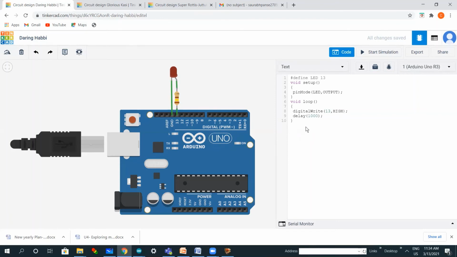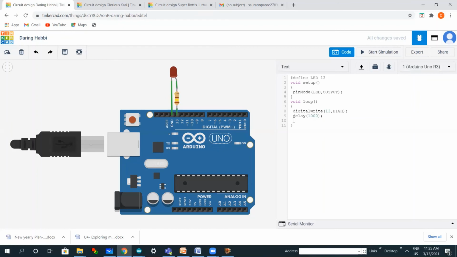If you want to glow this LED for 5 seconds, we will multiply 5 by 1000 and write 5000 inside the bracket. This 5000 stands for 5 seconds. Just keep in mind, whatever period of time you want your LED to glow, may it be 1 second, 5 seconds, 10 seconds, 15 seconds, always calculate it in seconds. If you want to glow your LED for 1 minute, then in 1 minute there are 60 seconds, so you will multiply 60 by 1000 and write 60,000. So 60,000 stands for 1 minute. The LED will glow for 1 minute. So this was about the delay function.